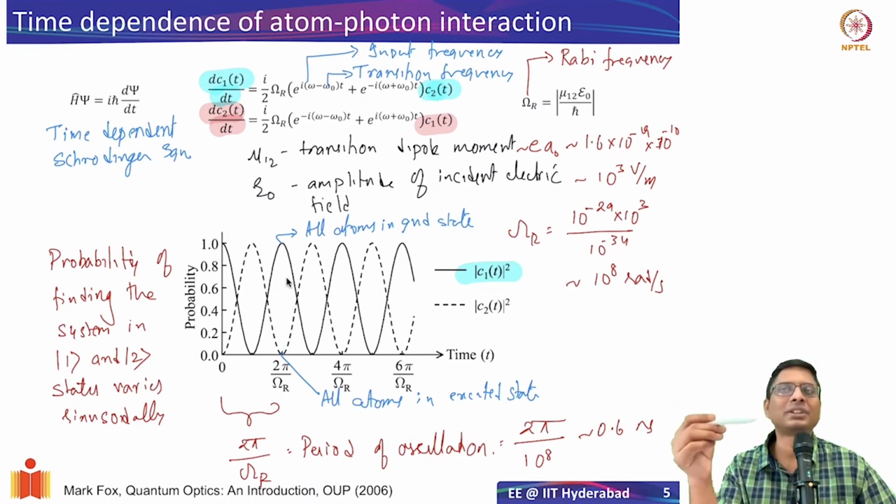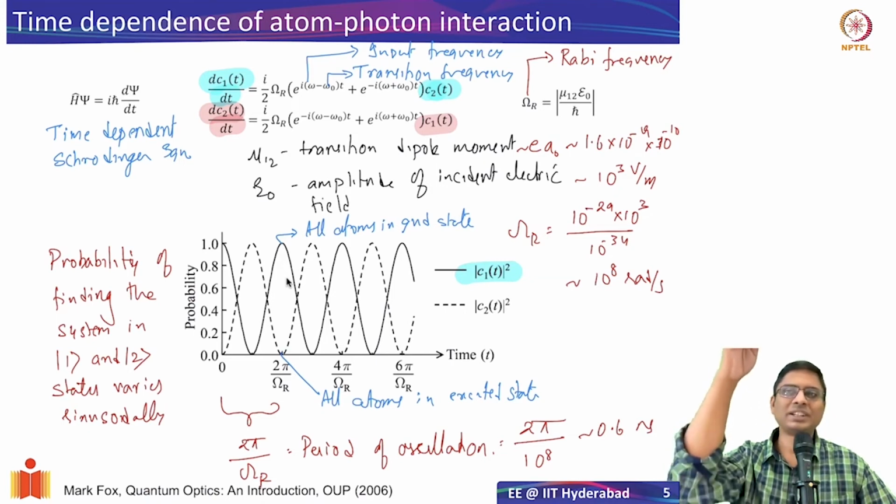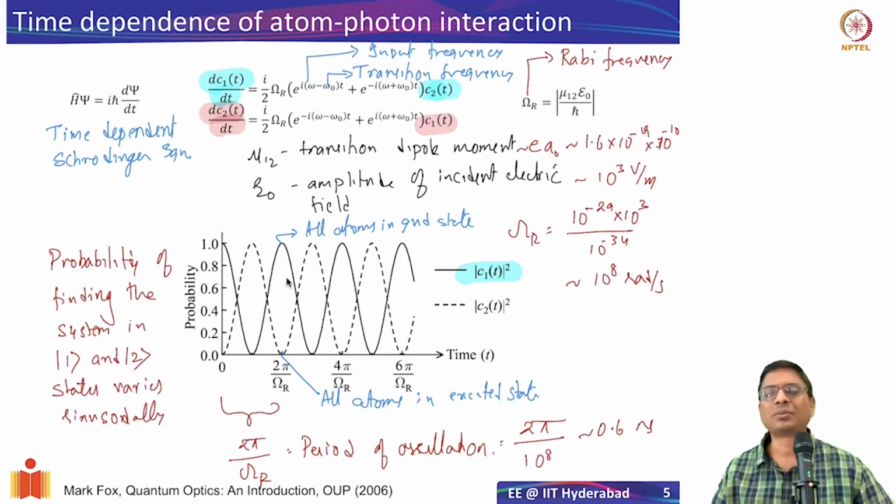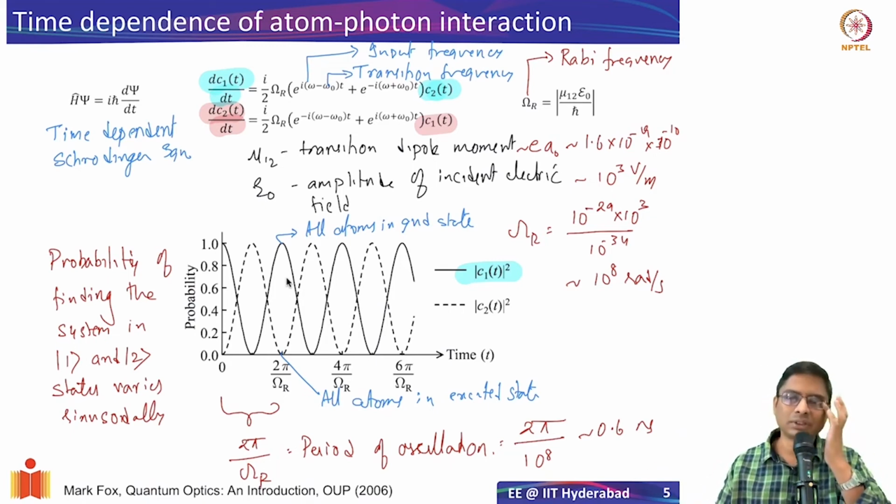Let's say 100 atoms are in the excited state. Now the spontaneous rate, let's say the time is 2 nanoseconds. Then after roughly 2 nanoseconds, the population will fall down to 1 over e. That's it. It will basically decay down to the ground state. If somehow at the initial time you had 100 atoms in the excited state, after the radiative rate, if you take the spontaneous emission A21 coefficient, I think we have given a problem